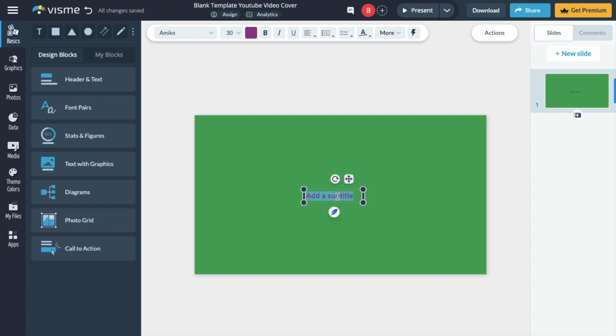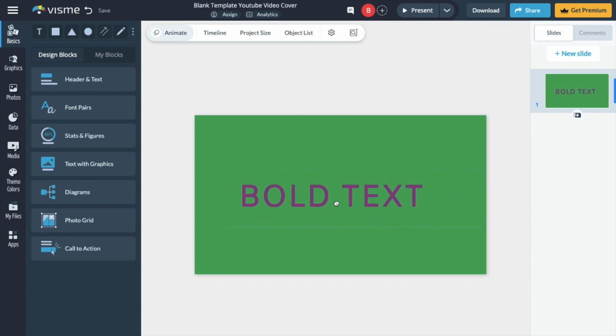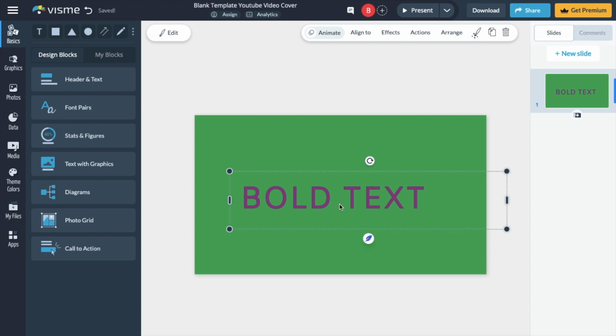So if I wanted to make this bigger, I'm just going to type in the word bold text. I'm now going to make this a little bit larger so that it's easier to see. And once that is done, there you go. So as of right now, this text actually isn't bolded. If you wanted to bold the text or bold some part of the text, whatever it may be, it's pretty